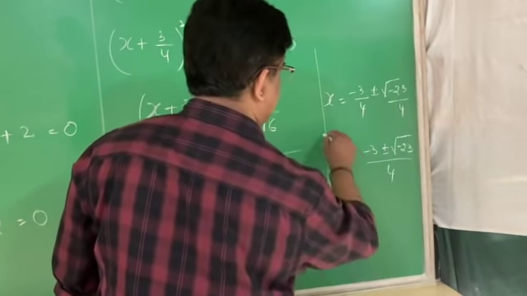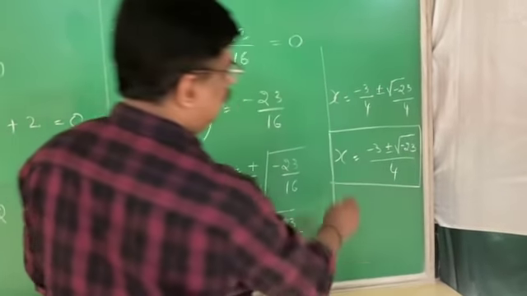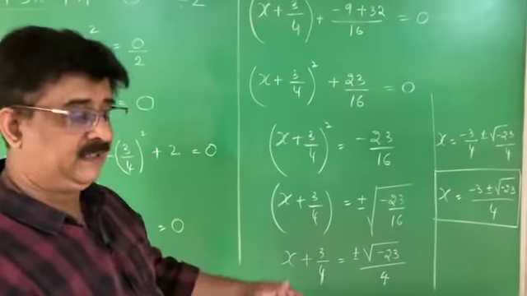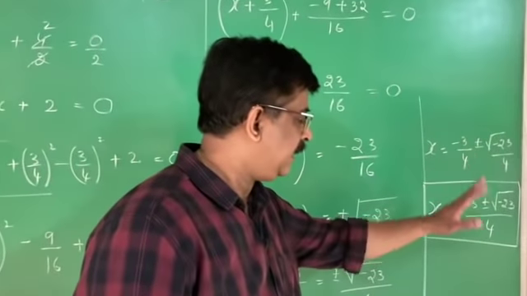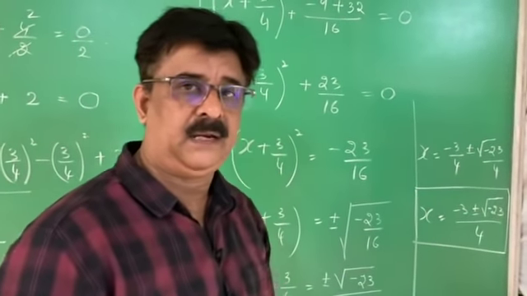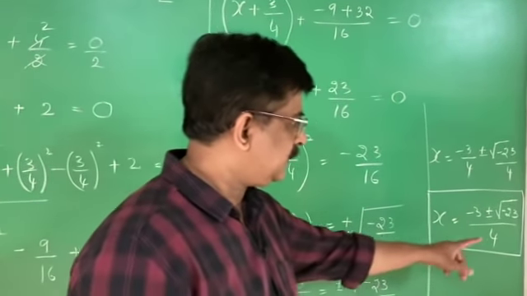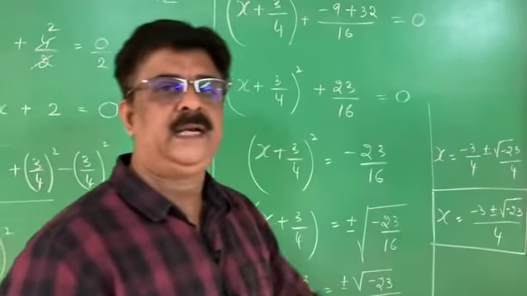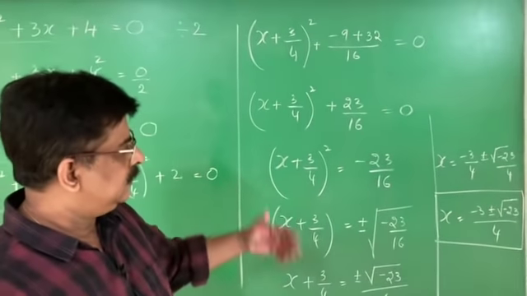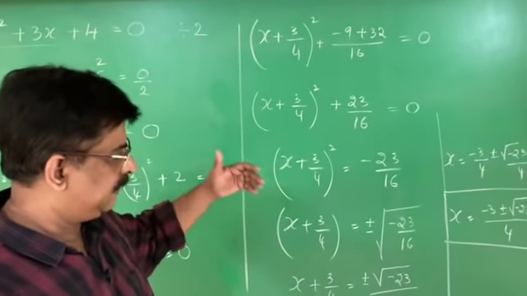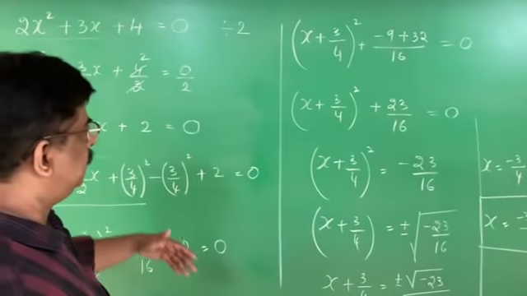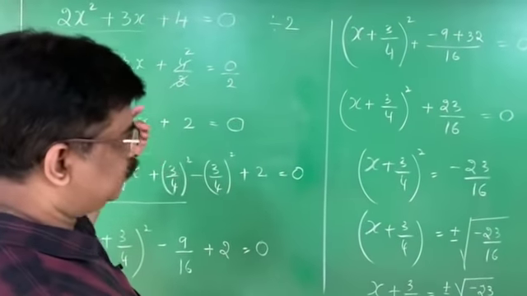Since there is a negative number inside the square root, the roots are non-existing. This type of root is not at all there because it is an imaginary number. Numbers are classified as real numbers and imaginary numbers. If there is a negative number inside the root, then it becomes an imaginary number. This is also one of the methods of solving the problem, known as the completing the square method.